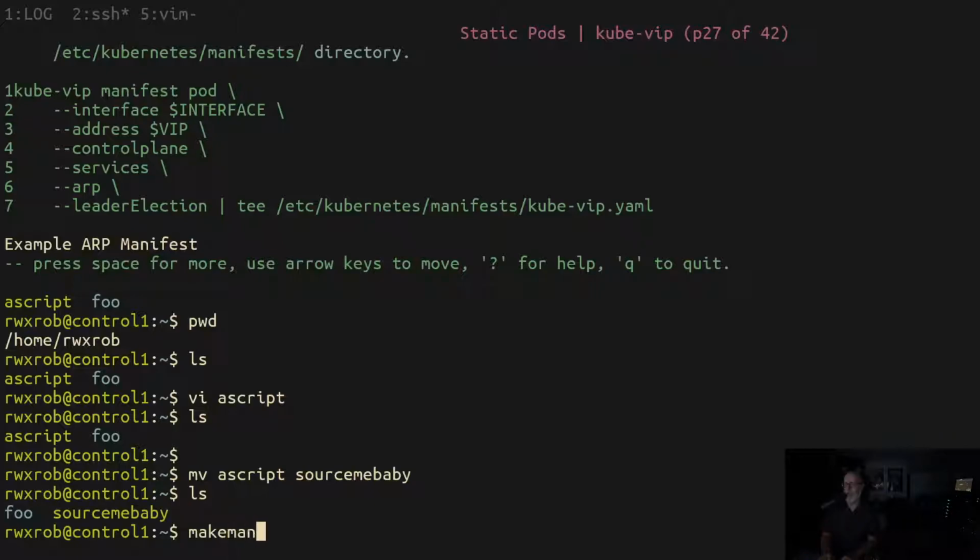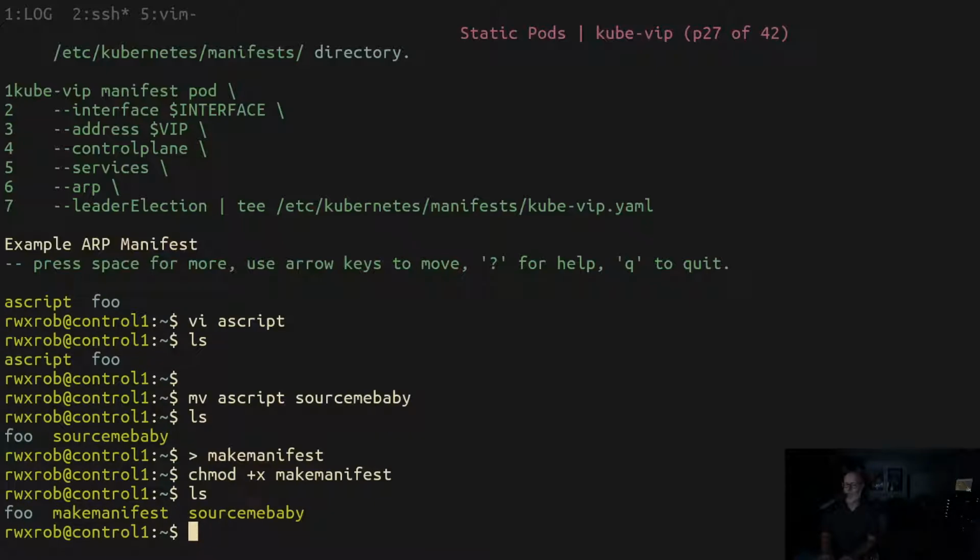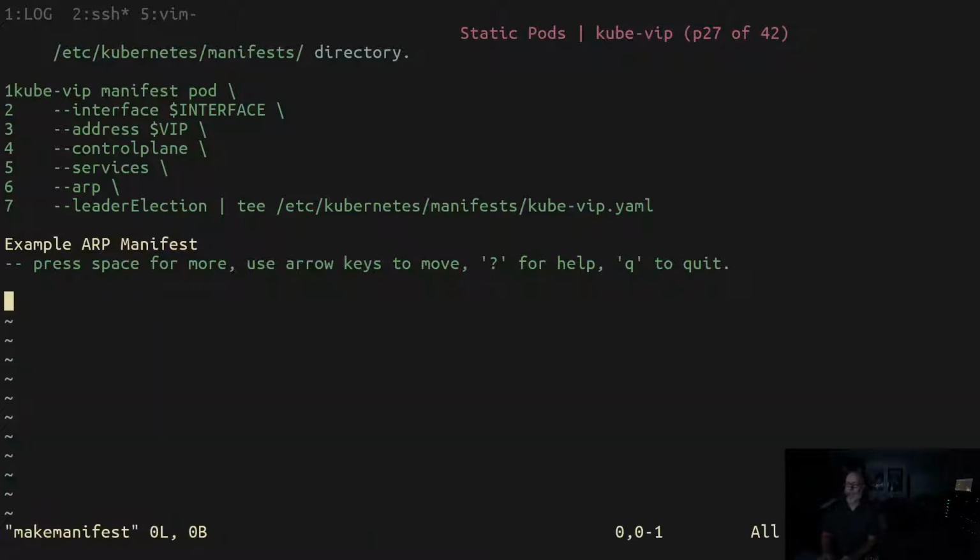Make manifest. Yeah, I'm going to do that. chmod +x. That's a thing that I do because I don't like the stupid plus, because I'm lazy. Make manifest. It will be an actual shebang file, #!/bin/bash, because security. And then we'll do kube-vip, which we don't have as an alias because now we don't